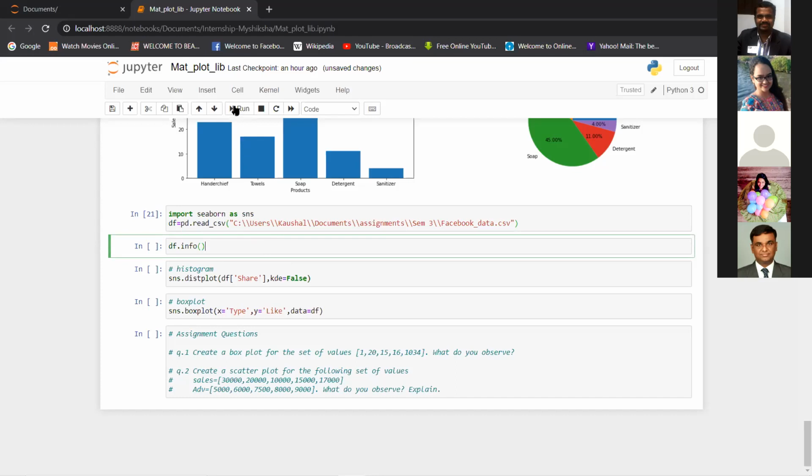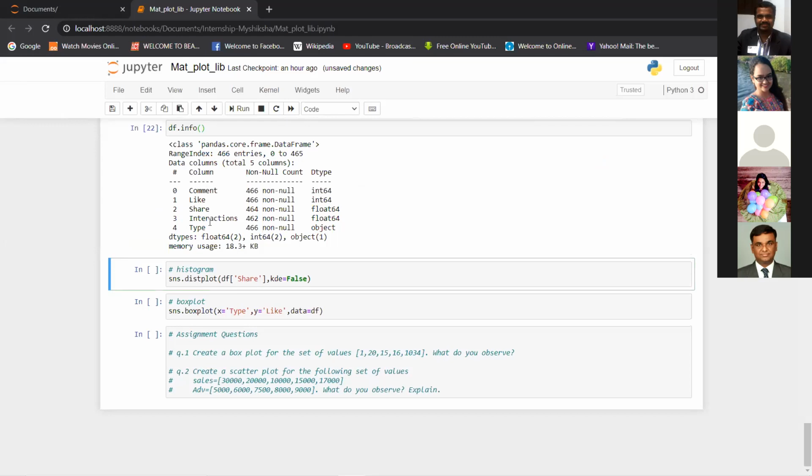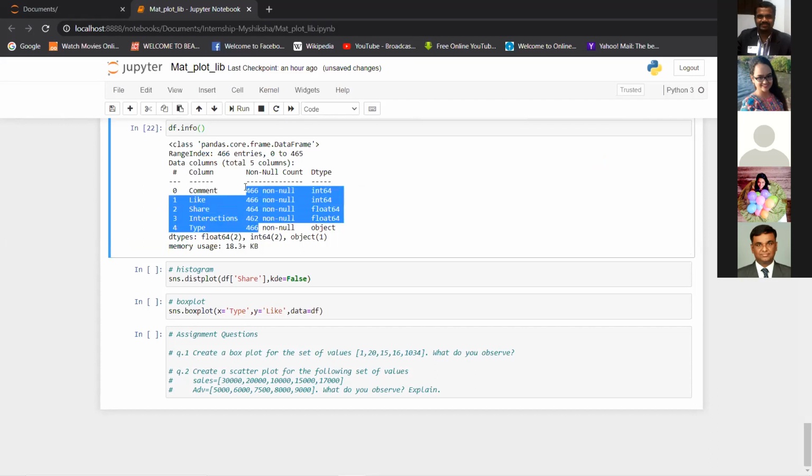If I say df.info, which we heard about in the previous class, I will get all the column names and whether I have any null values. We don't have to worry about that now. Overall there are 466 values in each column: comment, like, share, interactions, type.